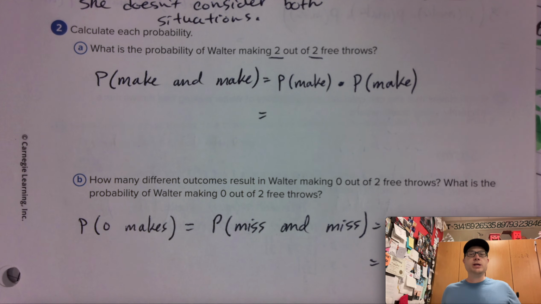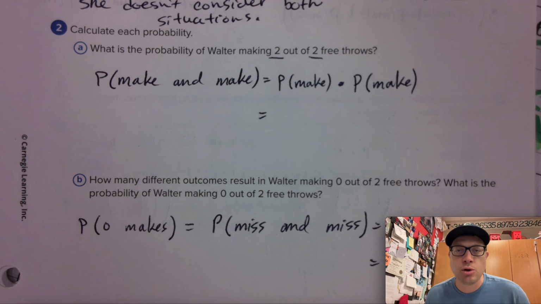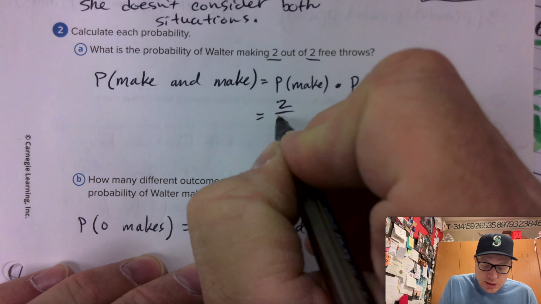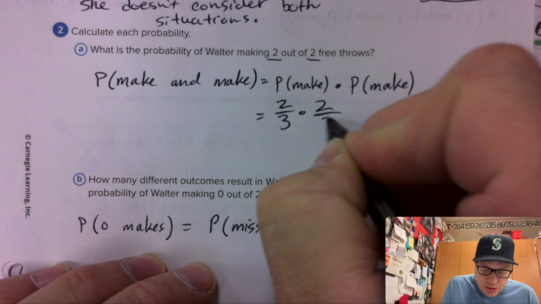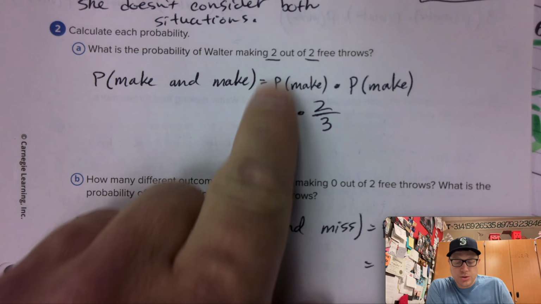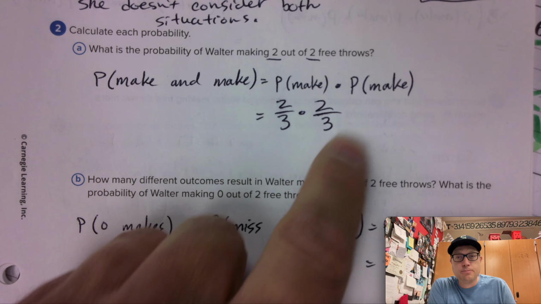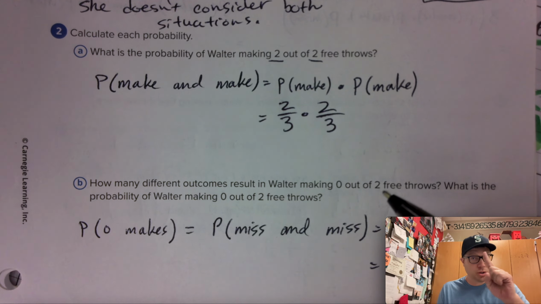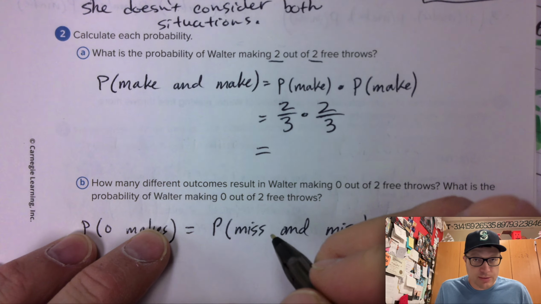Calculate each probability. What is the probability of Walter making 2 out of 2 free throws? There's only one way that happens, and Walter is consistently making 2 out of 3 and 2 out of 3. So just by multiplying the 2/3 and 2/3, you get the chance of making it, but it's going to happen in both shots. There's only one way. Miguel did it right. There's only one way he's going to make it. None of these other of the 4 choices are a make scenario. So therefore, we don't need to worry about doubling up anything. There's only one shot at doing that. 2/3 times 2/3,